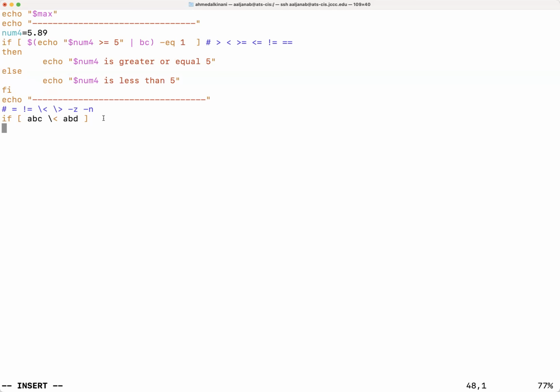So I can come here and type then, and then let's echo, and we'll say ABC comes before ABD, else echo ABD comes before ABC, and then fi. This is how simply we compare those two